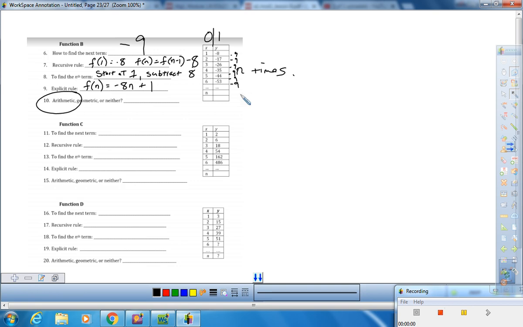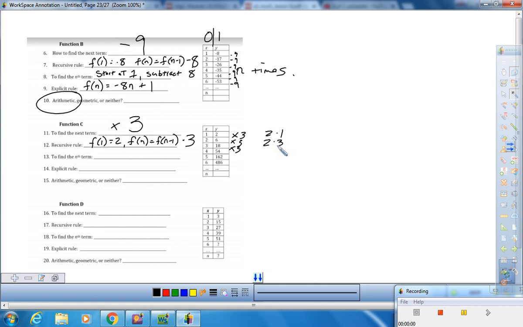Function C, now we're multiplying. We have a common ratio. We're multiplying it by 3 every time. So to find the next term, multiply by 3. The recursive rule, f of 1 is 2. F of n is f of n minus 1 times 3. To find the nth term, this is 2 times 1,